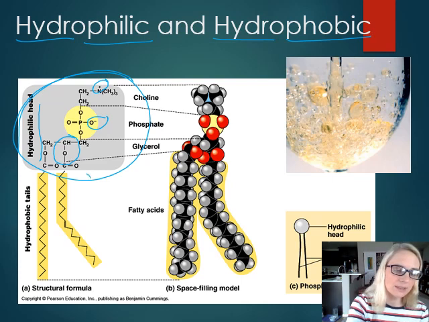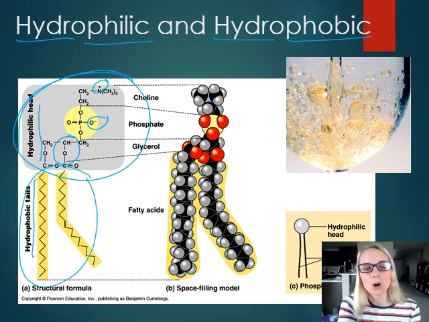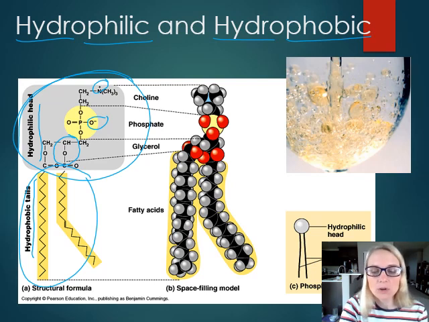But if we take a look at the tail part, they're calling this hydrophobic because there are no polar characteristics. It's a fat, it's called a fatty acid. You're going to be learning about that in chapter 3. So when you have a big long carbon chain, carbon bonded to a whole bunch of carbon, and then bonded to a whole bunch of hydrogens,